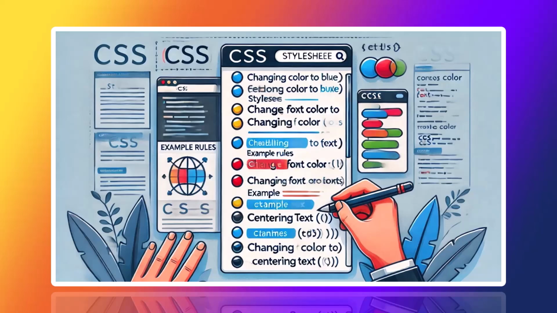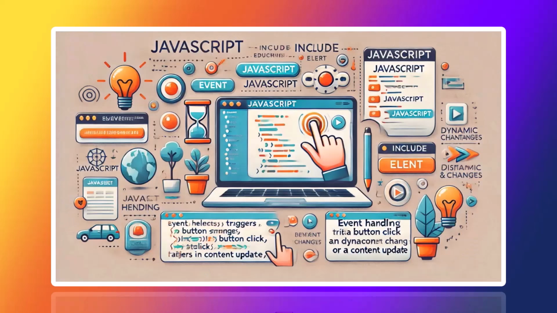Finally, we come to JavaScript, the programming language that brings interactivity to web pages. While HTML is the structure and CSS is the style, JavaScript is the behavior. It allows developers to create dynamic and interactive features like sliders, pop-ups, form validations, and more. JavaScript can manipulate the DOM, the document object model, which represents the structure of a web page. This means JavaScript can change the content and style of a web page after it has loaded, responding to user actions like clicks, scrolls, and key presses. This dynamic behavior enhances user engagement and provides a richer experience.